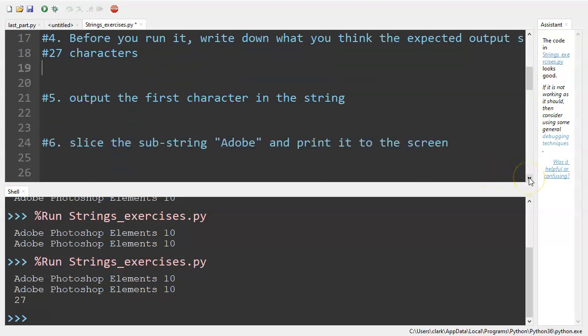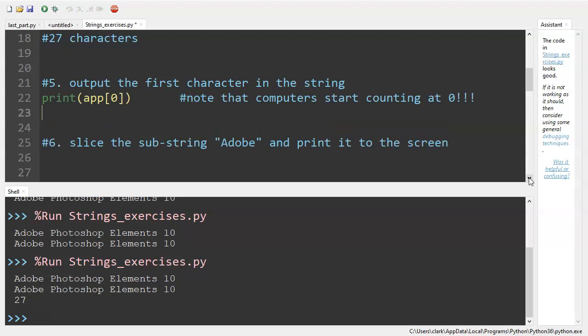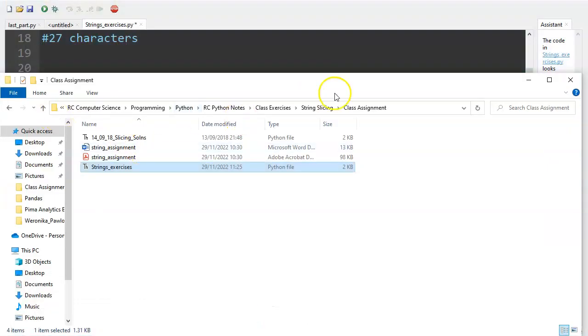Number 5, output the first character in the string. This is really important here. The first character in the string. And what you've got to do in this one is you've got to use the square brackets and index number 0. Index number 0. So if I just jump in here to show you in this,